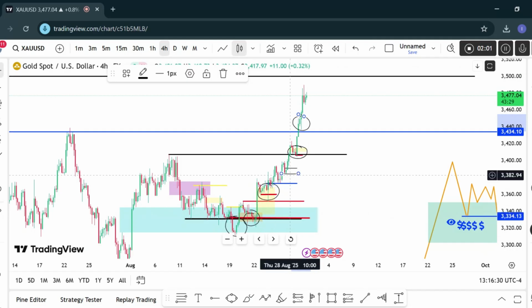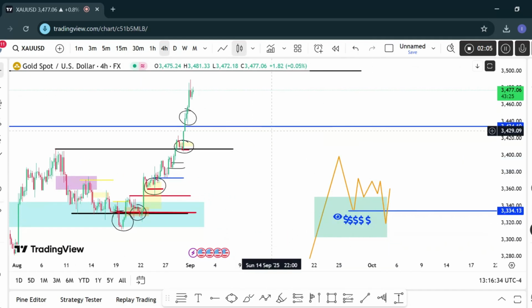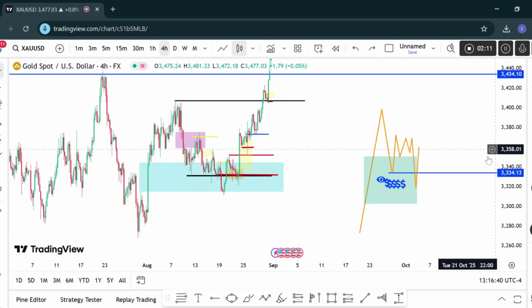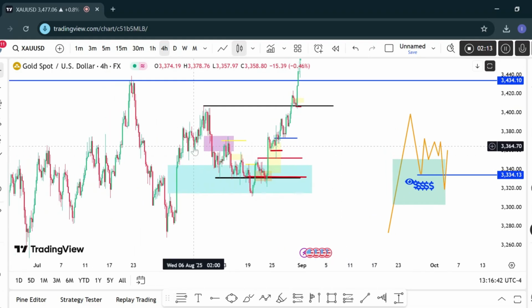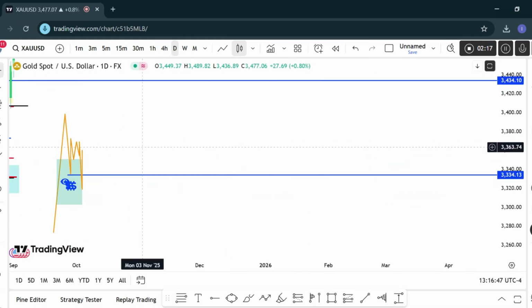So you should go and test this thing and see how many entries the market offers you. You will find maybe 5 trades or so when the market starts running higher. And it was also offering a sell setup there. If we go to the daily time frame, as you see,